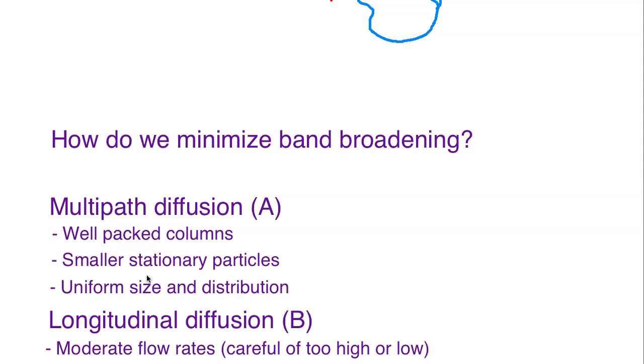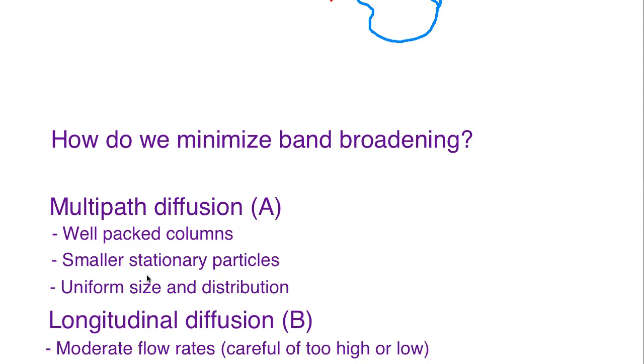So number one, you need well-packed columns, because if the stationary phase is not well-packed, that's going to leave larger openings between the particles, which is going to allow for more pathways that the analyte can travel, which could potentially start separating out and causing